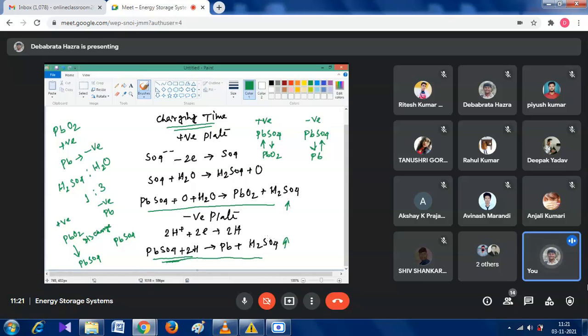and at the time of discharging the PbO2 and Pb react with H2SO4 and create water and lead sulfate in both cases, or in both plates. So at that time the concentration of H2SO4 is decreasing, and when we charge the lead acid battery at that time the concentration of H2SO4 will increase।